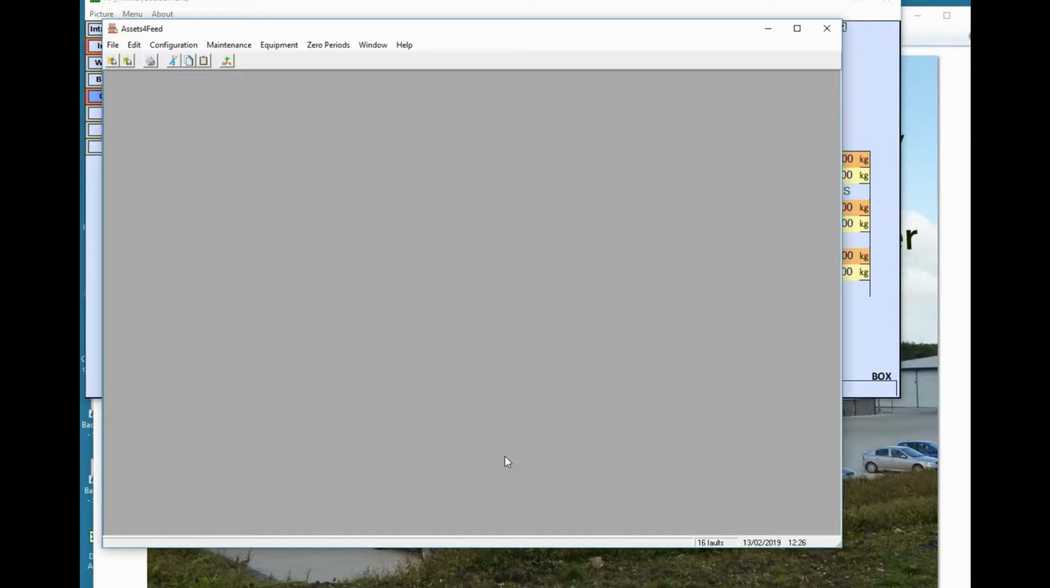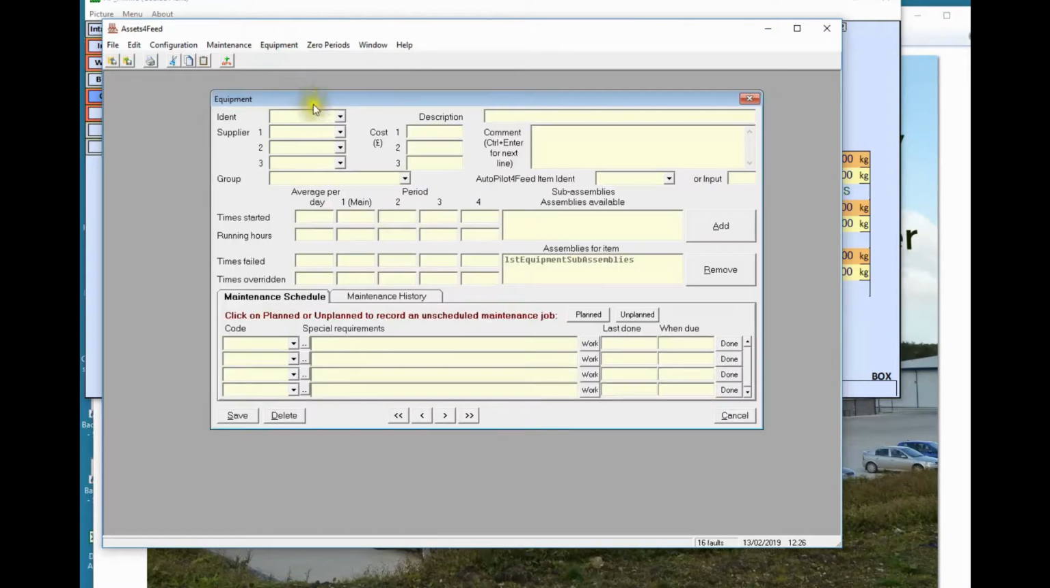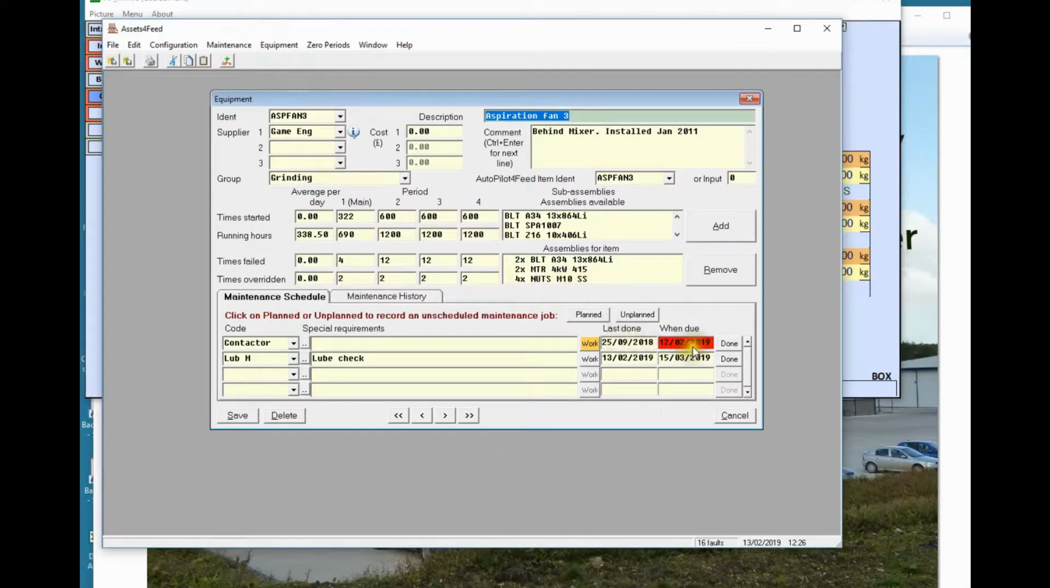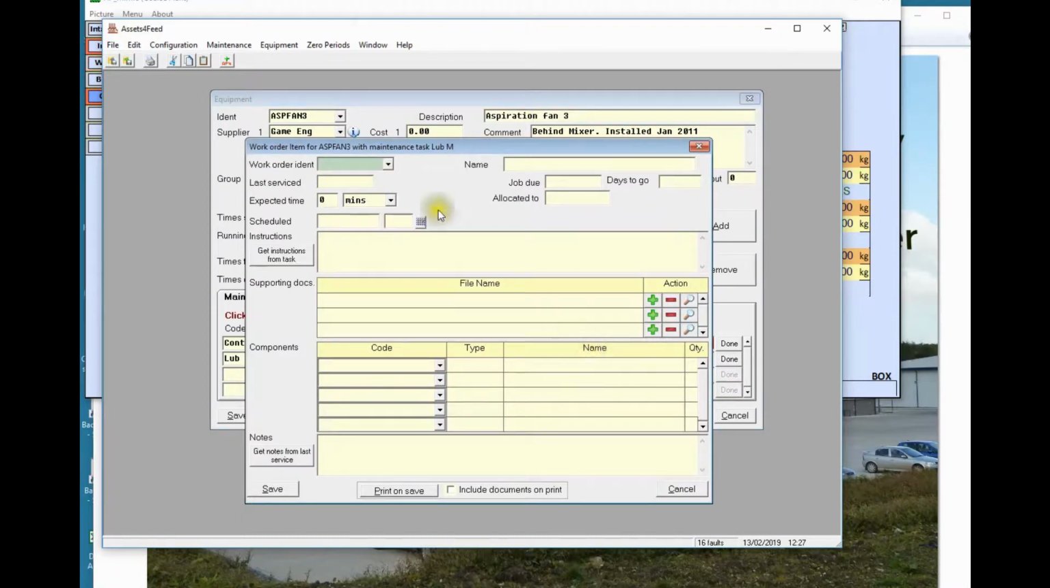Going into Assets4Feed and selecting some item of equipment, say this fan here, it's clear to see when some maintenance is overdue because it's highlighted in red. Now we can add work orders to the system. If you want to add a work order, you select the button Work. You can call a work order whatever you want and enter some information about the work order initially,